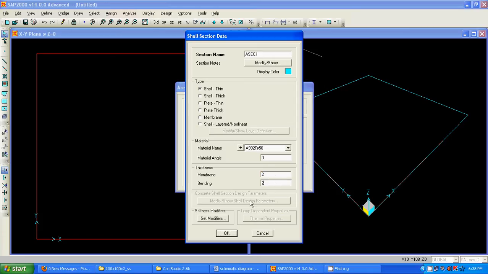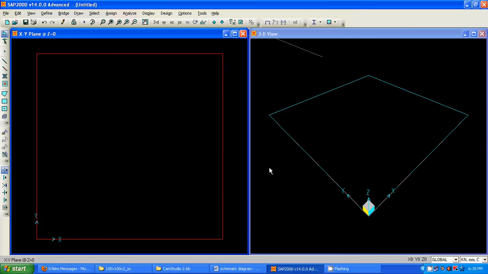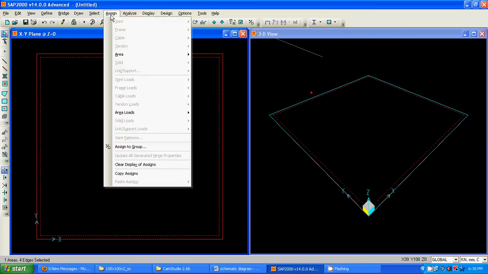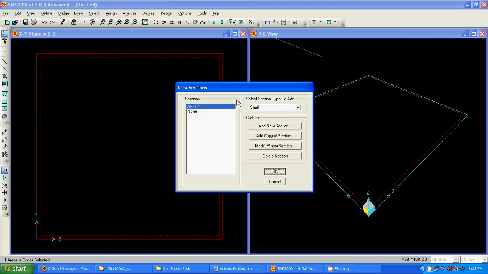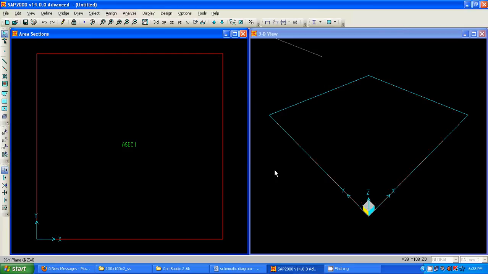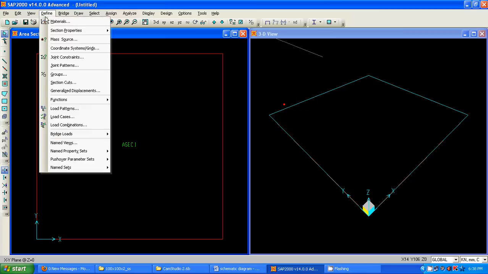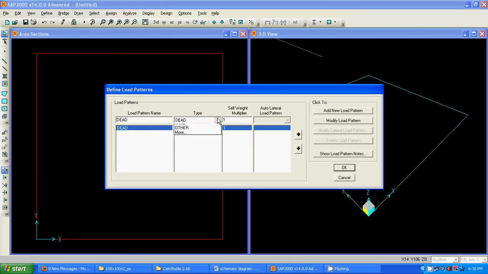It is of thickness 2 mm. Just click OK. Now we are going to assign the defined area section to this element. Now we are going to define the load patterns. So I would like to have a live load. Let me call it as live dist for live distributed. We do not want the dead load pattern,